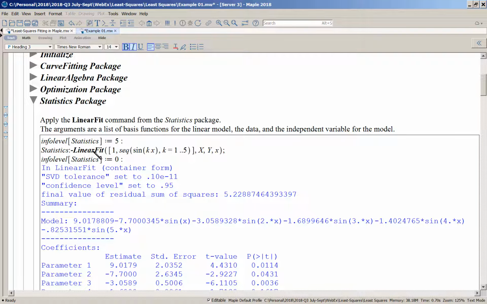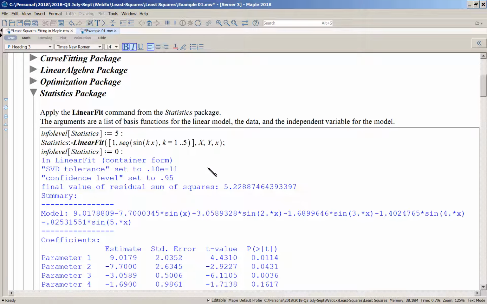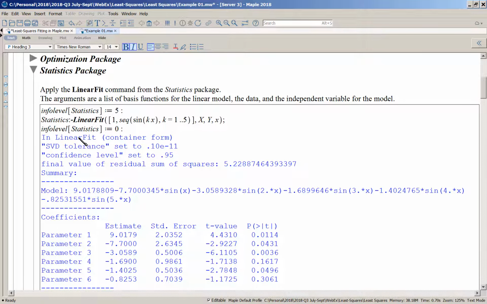Okay, so the LinearFit command is given a list of basis functions, 5 trig functions and a constant, the x and y values and the variable, and you see that the echo produced by this info level